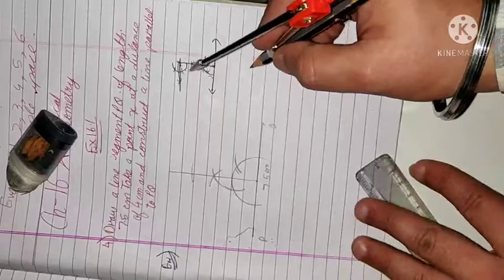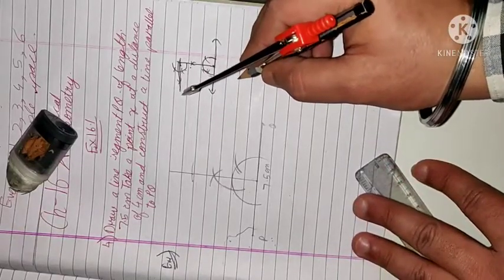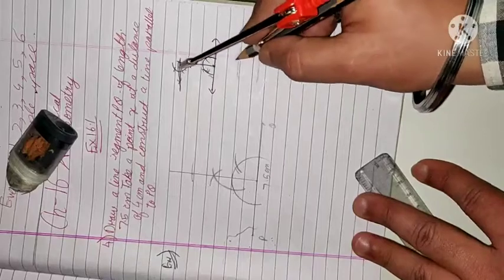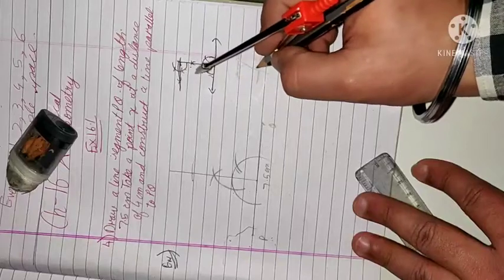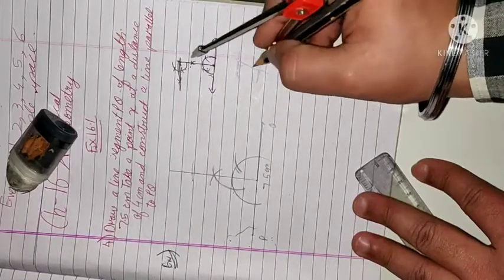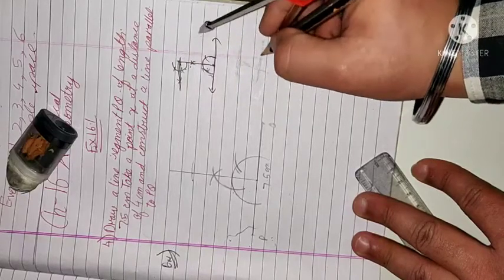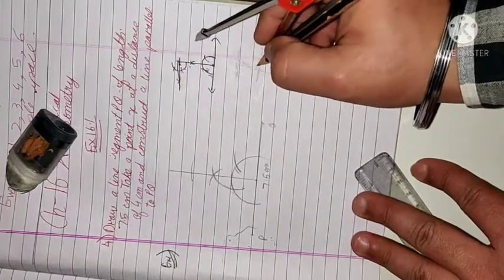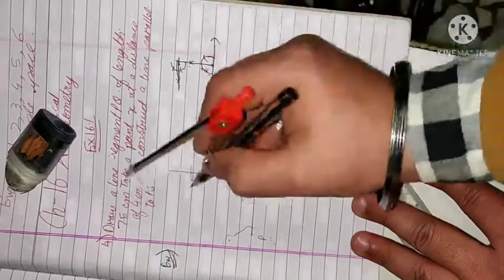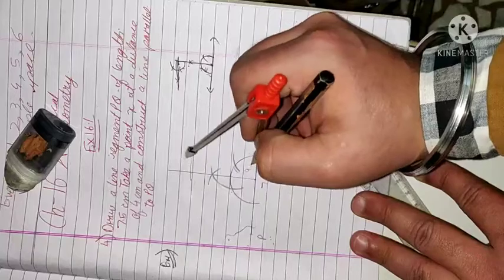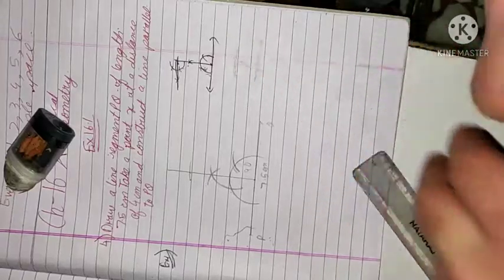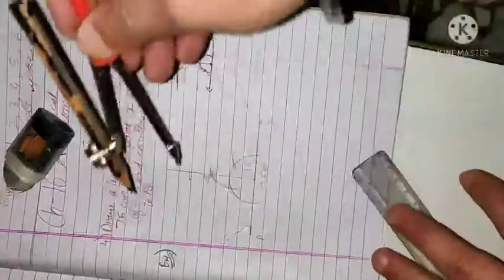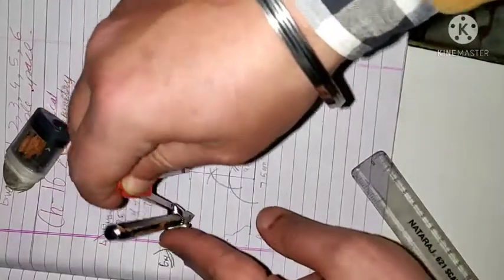As you have read in angles and their properties, if these two lines are parallel, then these two angles should be equal by the alternate property. So what we are doing, we are constructing two equal angles, so automatically we will get these two lines parallel. We will construct the angle we have got here, 90 degree, the same angle here, 90 degree, so that we get the alternate property and we can say that the two lines are parallel. So from here we will construct one more 90 degree.